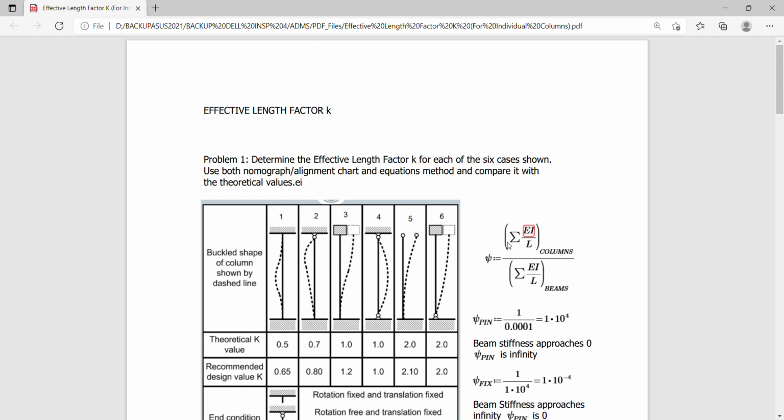Hello guys, good morning. So today we will be solving a problem on effective length factor K using the AISC alignment chart and the British equation to compare to the theoretical values